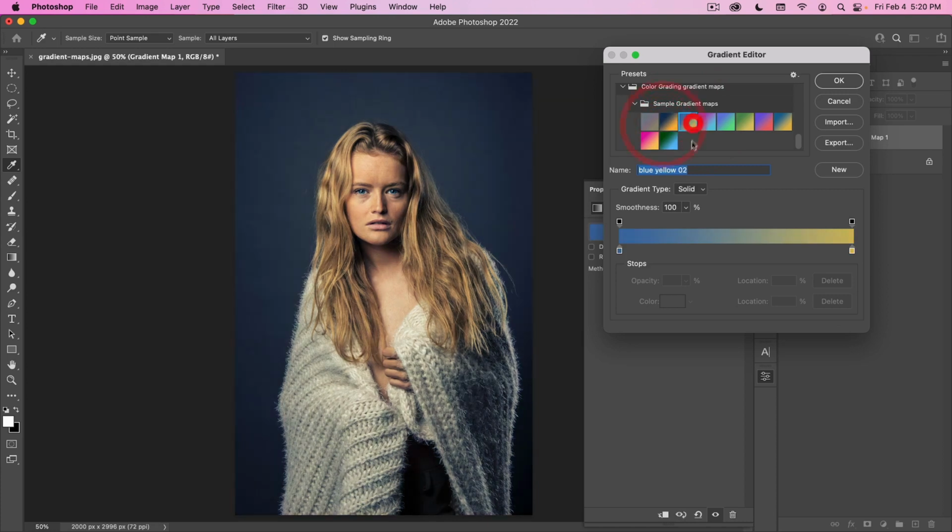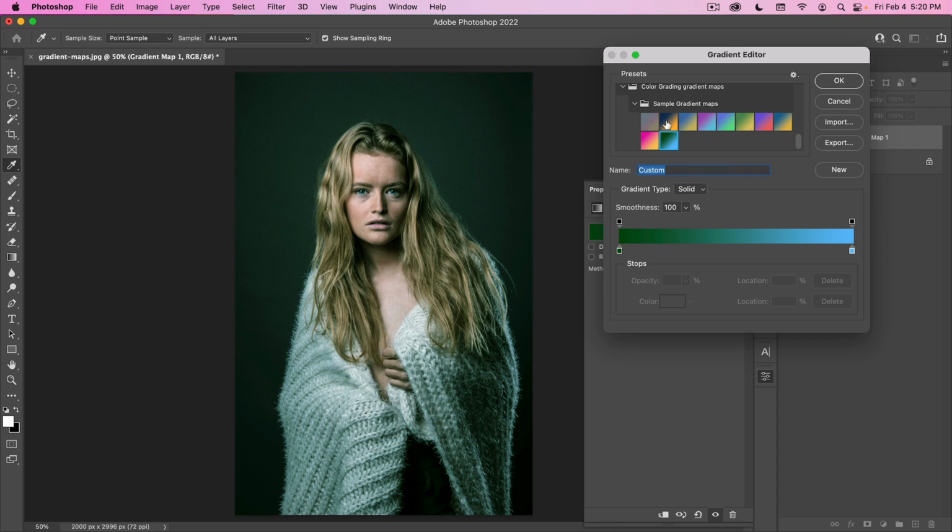So that one is similar but lighter. This one pushes my shadows more toward purple. This one is kind of a blue and teal. This one is a green and yellow color grade, a little more Western looking. This is a little more modern looking with pink in the highlights and a purple in the shadows. This is a more classic blue and yellow. This is more of a fluorescent look. And then this is more of a Polaroid look. So you get many looks with all these.